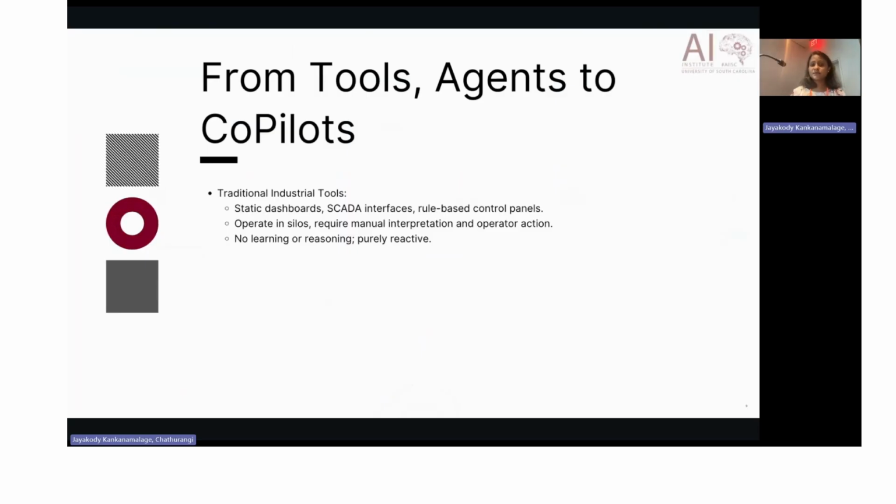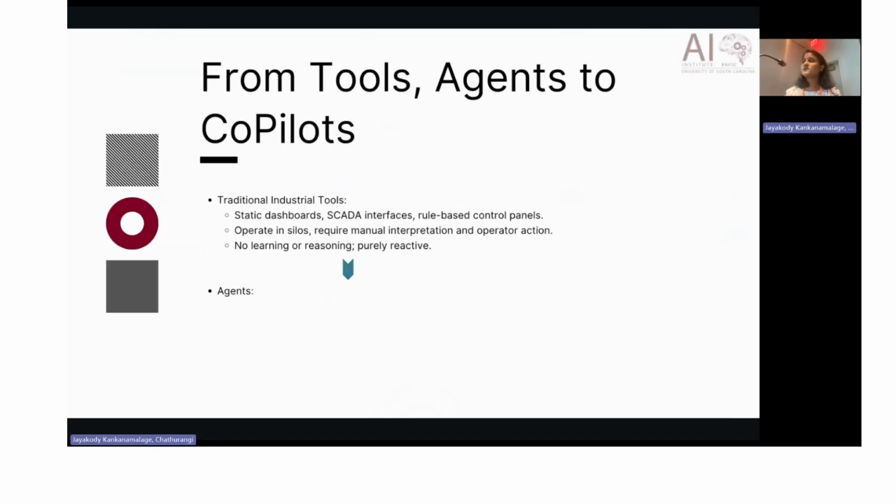Also, these systems worked in silos. They required manual interpretation, and the outputs were purely reactive. They did not have the ability to learn, adapt, or reason across various tasks. In today's complex manufacturing environments, these limitations make it hard to respond to dynamic conditions, and hard to optimize system performance as well. So that is why we need a smarter and more integrated approach, which leads towards agentic